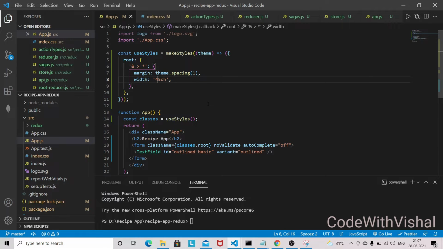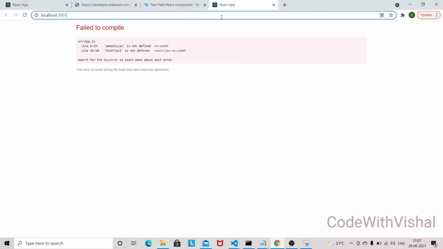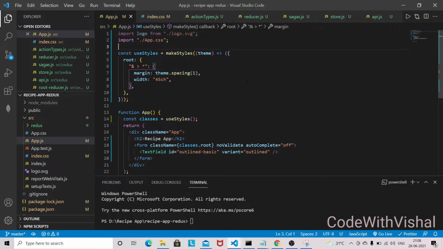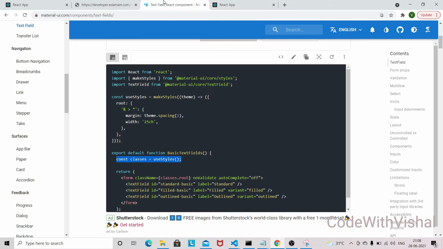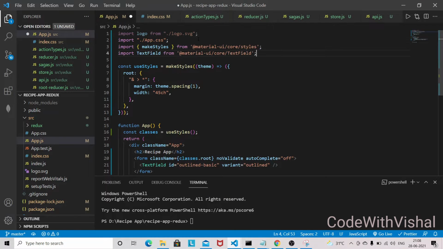So I'll be using this one, and we can also take a look in the browser. So okay, we need to import this text field. So let's import that text field. So I'll again go to Material UI. I'll just copy these two things. I'll paste them here. We don't need the logo here.